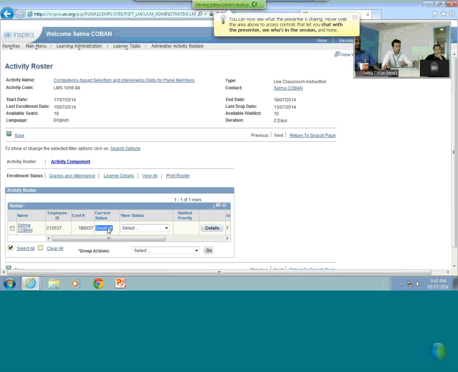And just as a reminder, which is very important, once the staff member registers for the course, they receive an automatic email from the system with the dates of the training and the location.